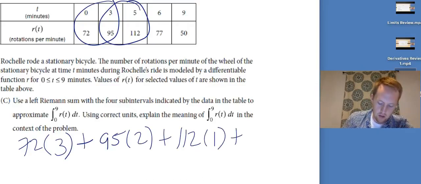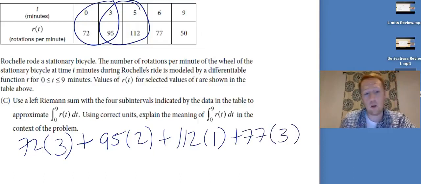And then we've got 77, which we kept for 3 minutes. So we just start on the left side of the interval. We got 72 times 3, that's 216, plus 95 times 2, that's 190, plus 112, so 216 plus 190 is 406, plus 112 is 518, plus 77 times 3 is